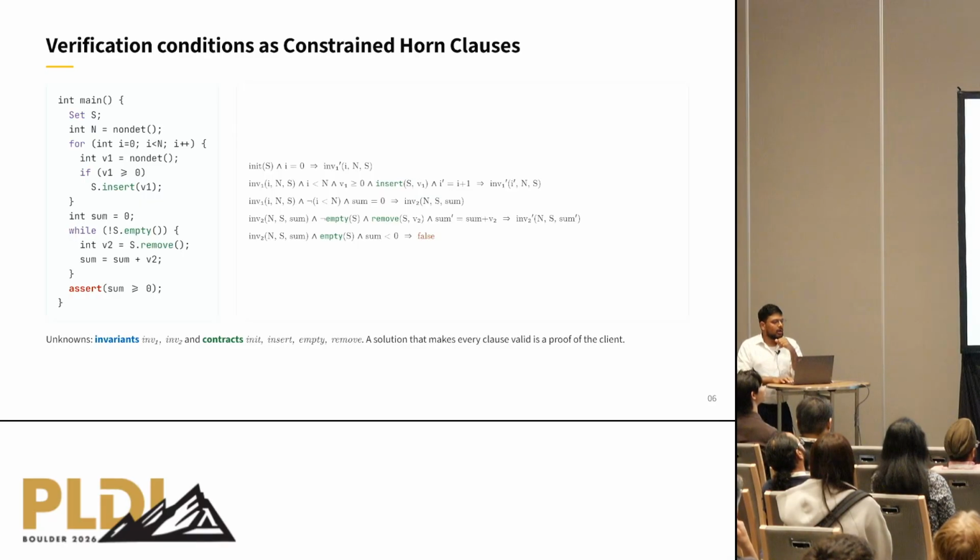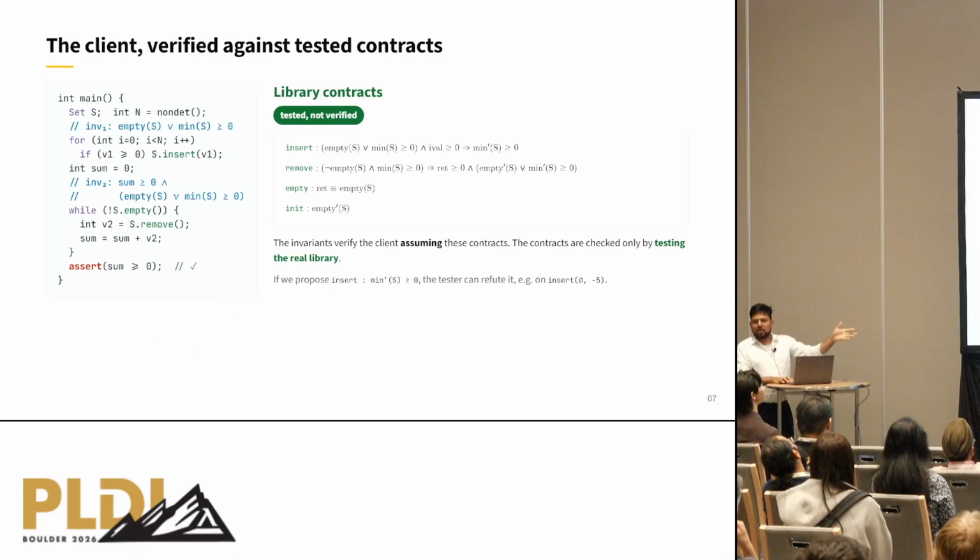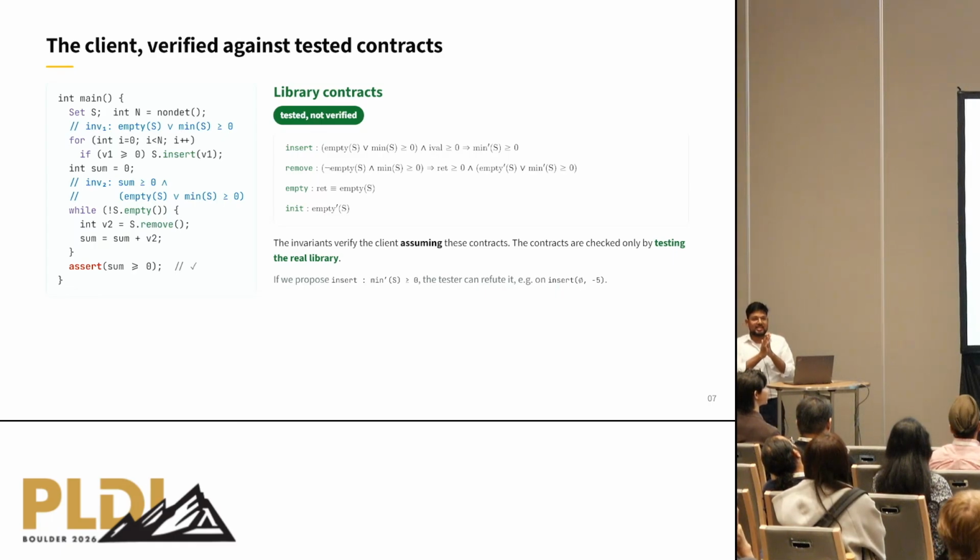Okay. So here are some contracts that you can come up with. For insert, you can have a contract like: if you either have an empty set or you have a set whose minimum was already non-negative, and you added another element that was non-negative, then you get another set whose minimum continues to be non-negative. And you can do similarly for remove, right? If you have a set whose minimum is already non-negative, anything you pull out of it is also non-negative, and then you have a set that continues to be minimum non-negative.